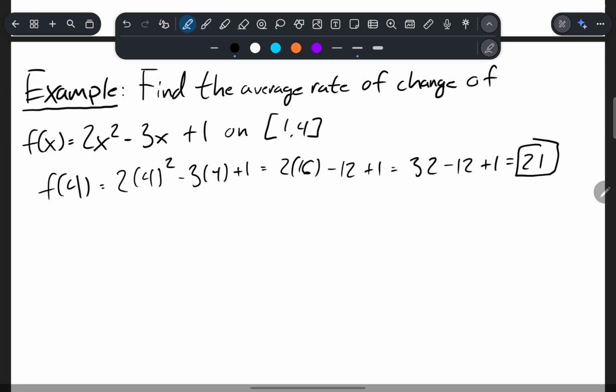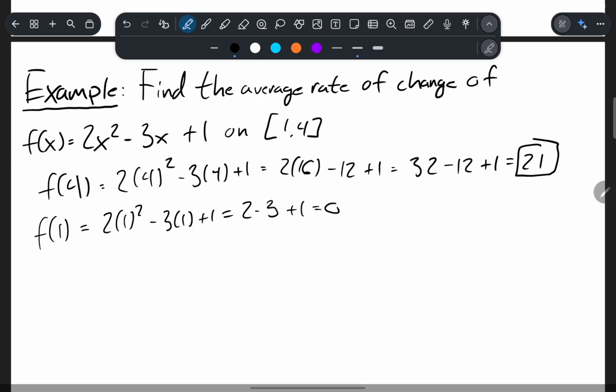So this is our answer for f of 4. And now we want to plug in f of 1. So that's 2 times 1 squared minus 3 times 1 plus 1, equals 2 minus 3 plus 1,